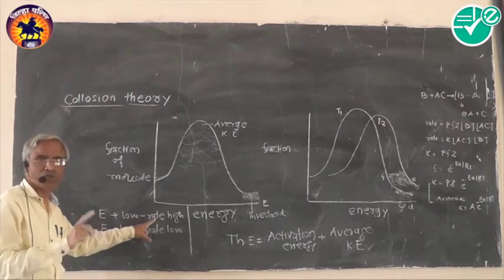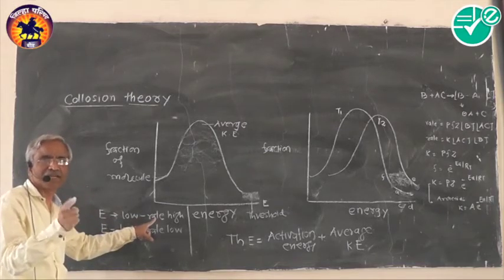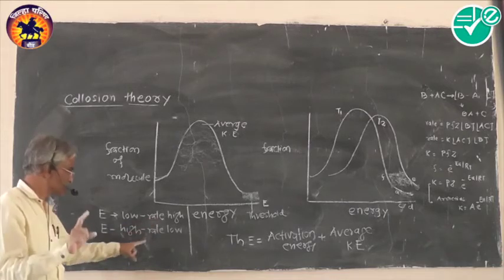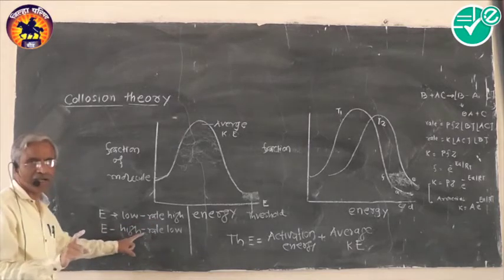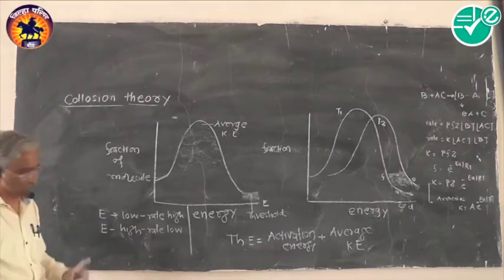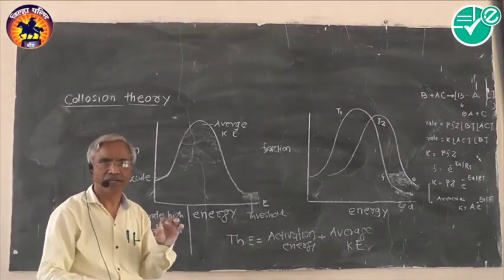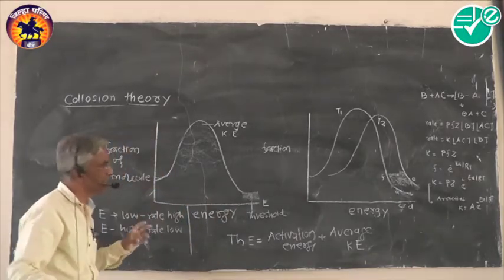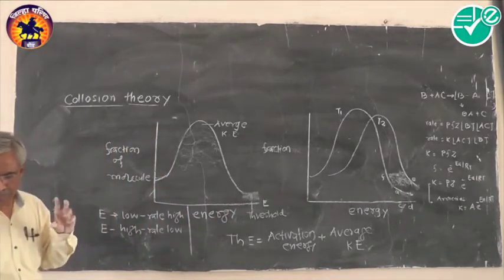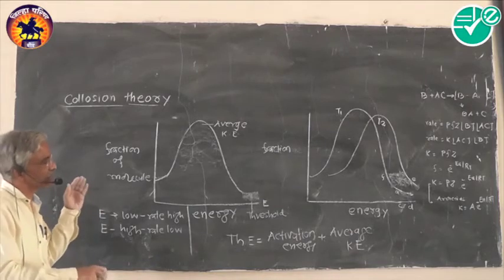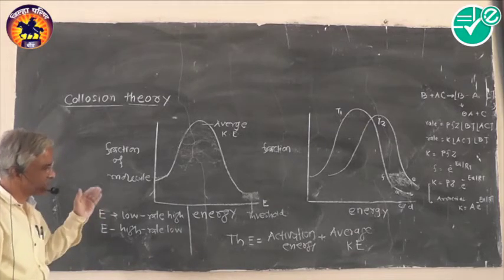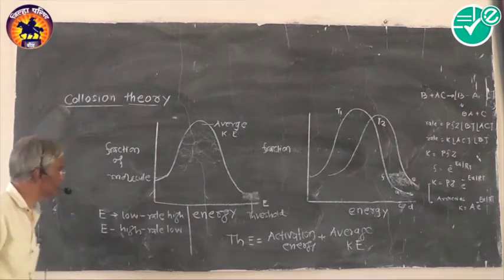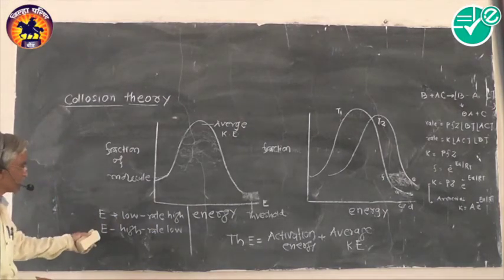If we decide that the students will be declared pass, as it is in medical colleges, that they should have marks equal to at least 50%, then E will be high and the rate of reaction will be low. So with this we have concluded the concept of collision theory and the reactivity and the factors and the concepts of activation energy, the average energy, threshold energy, and their relation.